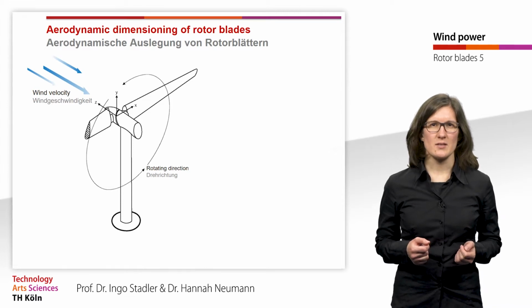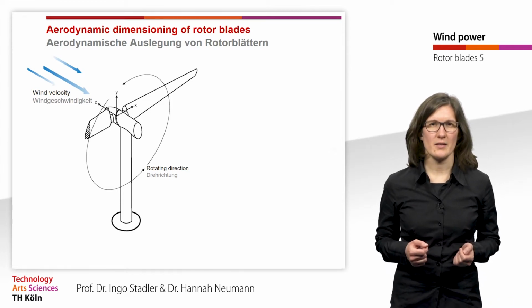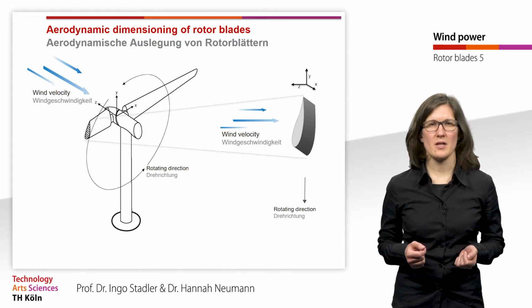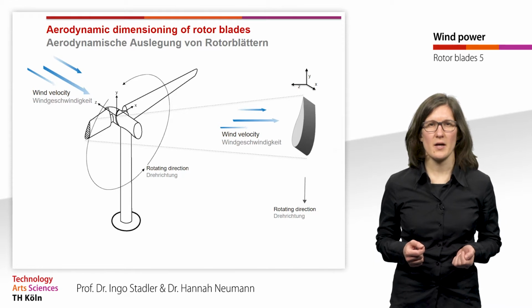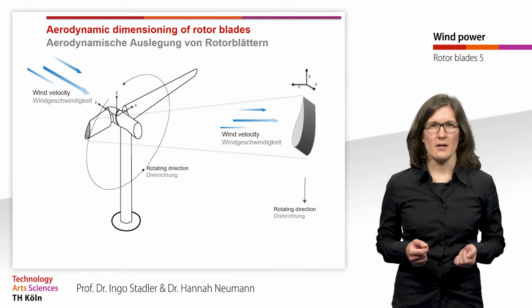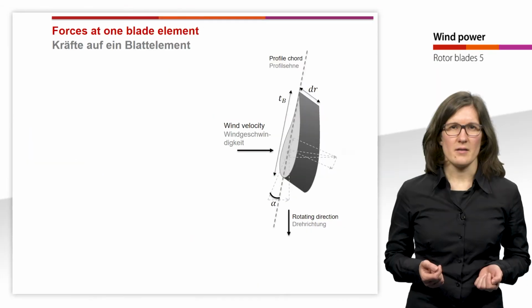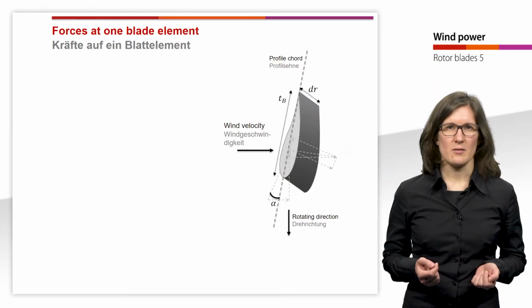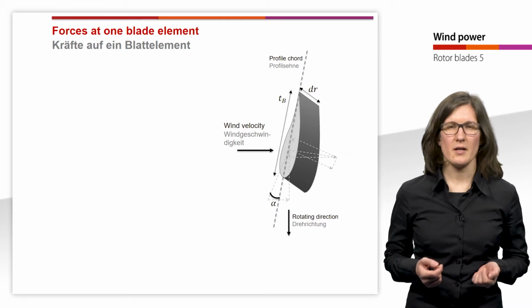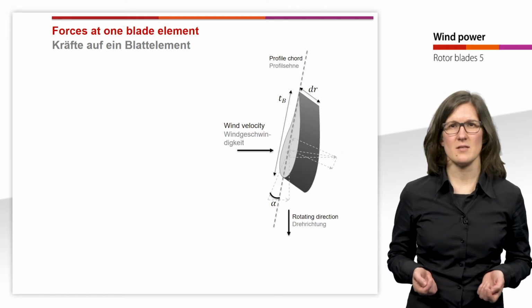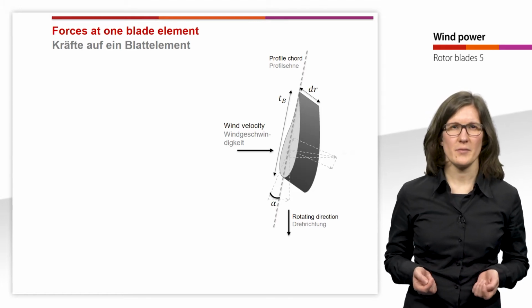You can see a cross section in the left rotor blade, and here in the right picture you can see the same cross section but a bit bigger and slightly rotated around the Y axis. And the wind is blowing from the left side in Z direction again, which makes the rotor move downwards in rotating direction. In this picture you can again see the cross section of the blade profile, and with the help of this picture I will now explain the relevant forces that affect the blade element.